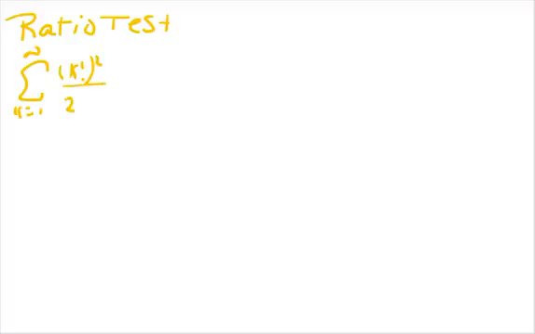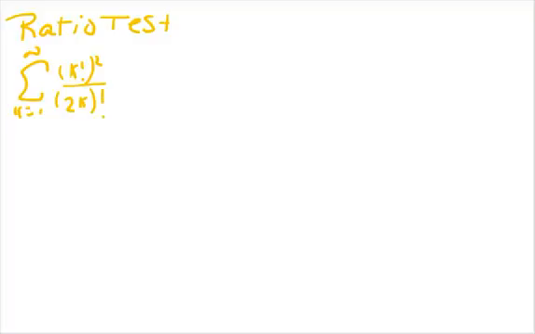I'm hopeful for warmth. Okay, so let's finish up the ratio test. I wanted to hit the last example in more detail from Wednesday. I think it was number 17 in your textbook. Yep, it's 17. So the series was the sum from k equals 1 to infinity of (k factorial) squared over (2k)